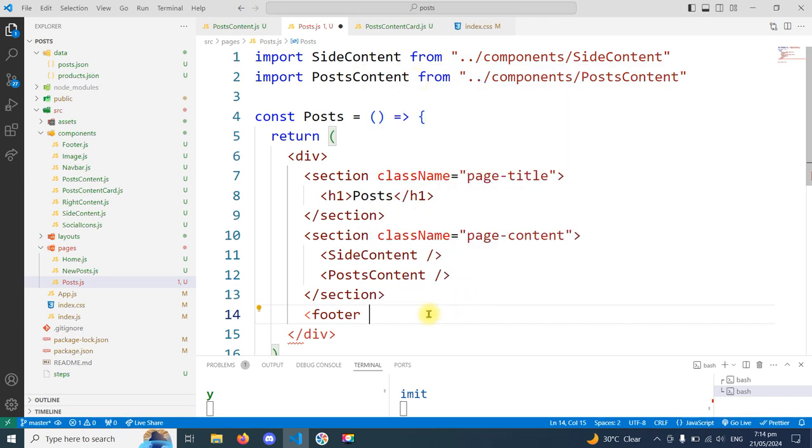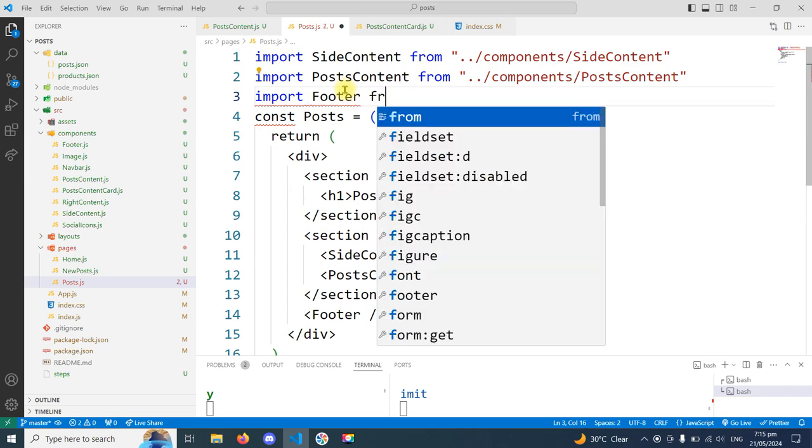But then, are we sure that is it? Let me see. Did it import? No, it did not resolve. We have the footer component, but it did not resolve, so we have to import it manually. Yours may resolve. Mine, sometimes the system does not resolve quickly. So you go to import. I'm importing footer from